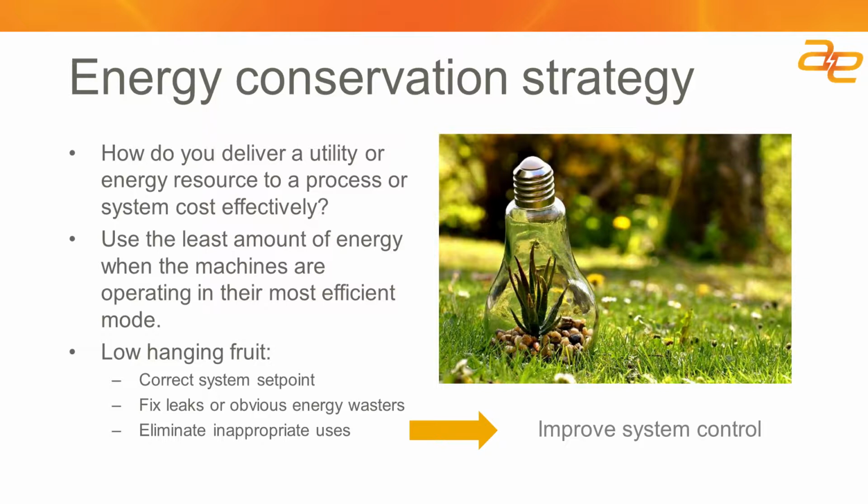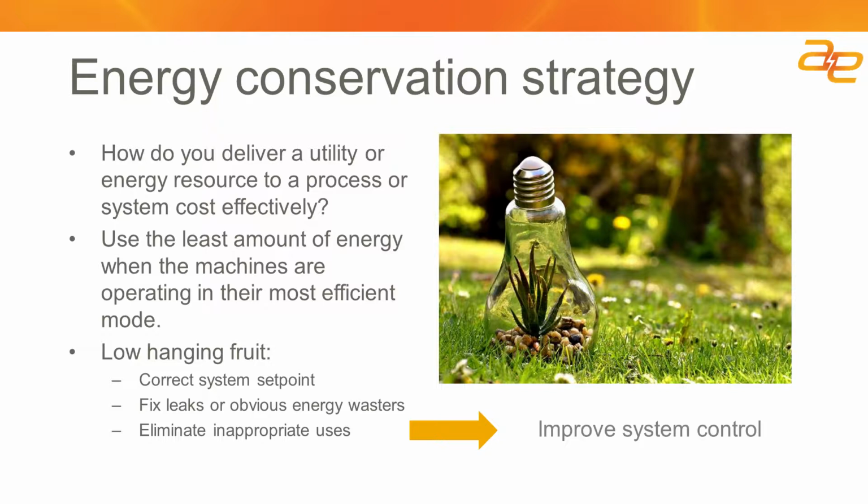You know, I can say that I've been in many industrial facilities where compressed air is used to clean off the floors, which is a very expensive way to clean off the work environment. So again, looking for those ways in which the utilities may be used in an inappropriate manner is another kind of low-hanging fruit. But once you've addressed those low-hanging fruits, really you're looking at an implementation that's going